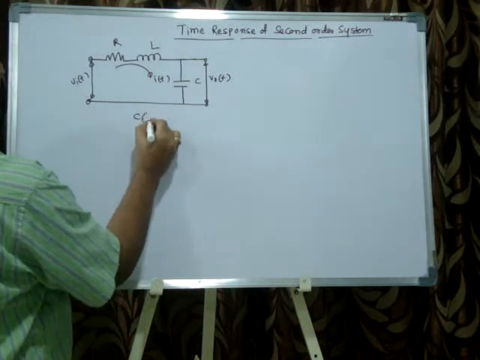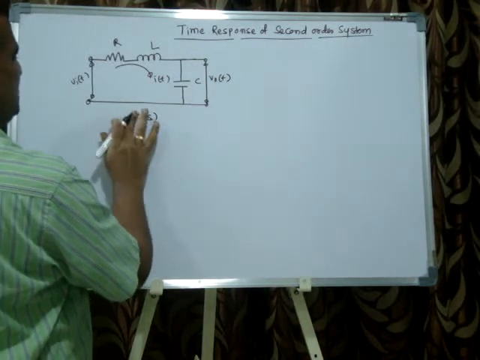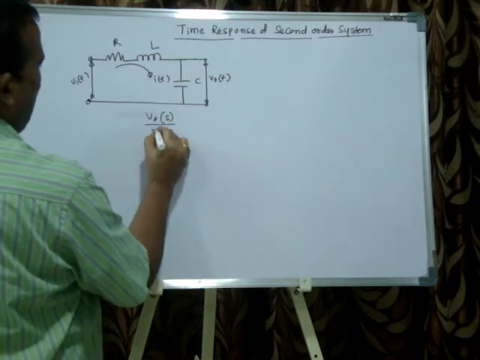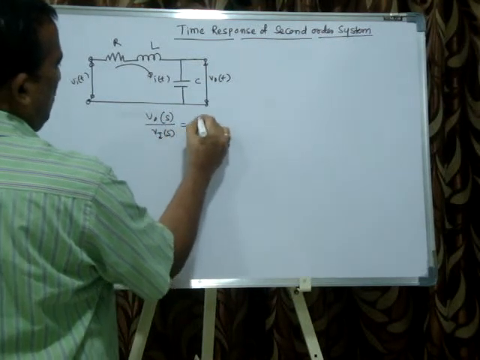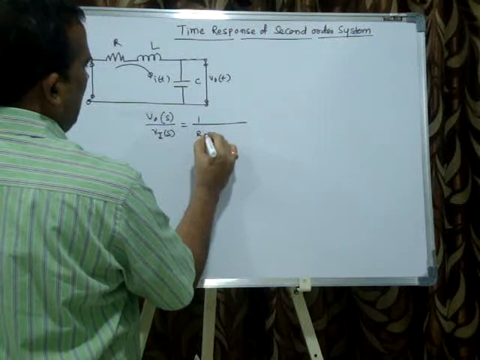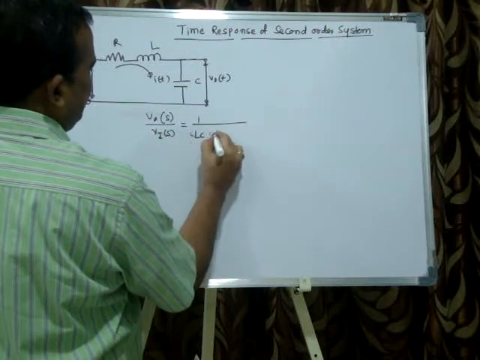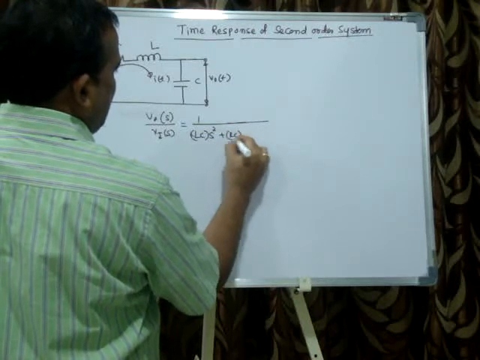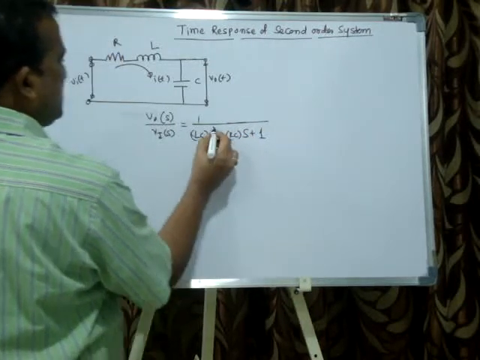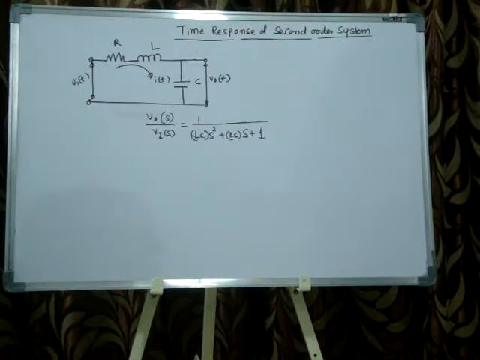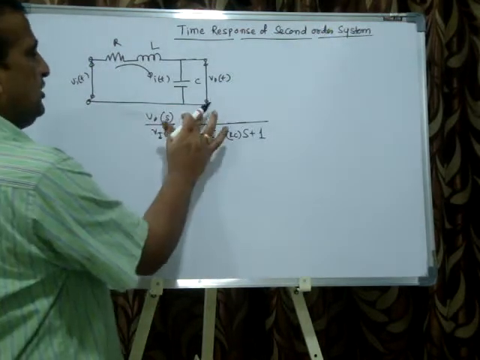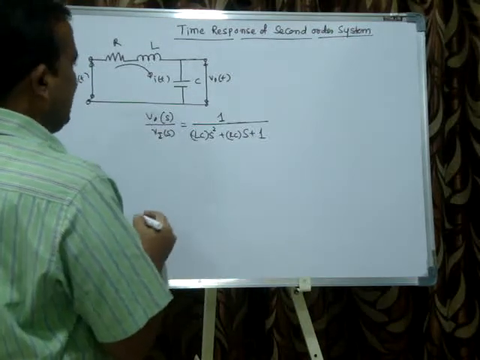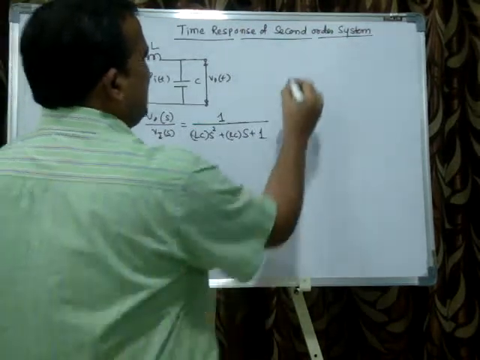Okay, in general, Laplace of output divided by Laplace of input, V naught of S by Vi of S, is equal to 1 by LC S square plus RC S plus 1. The highest power of S is 2 in the denominator, so I will call that a second order system. Like this, if I take a spring mass system,